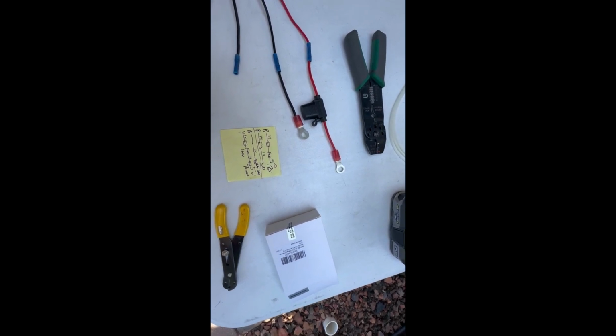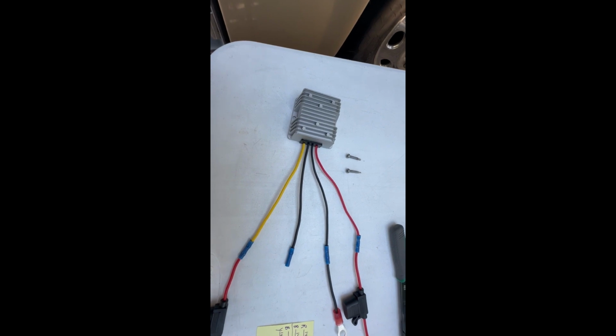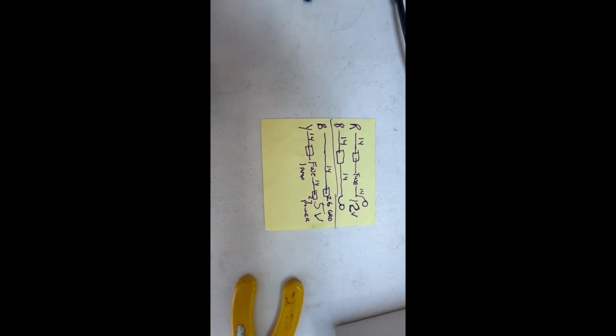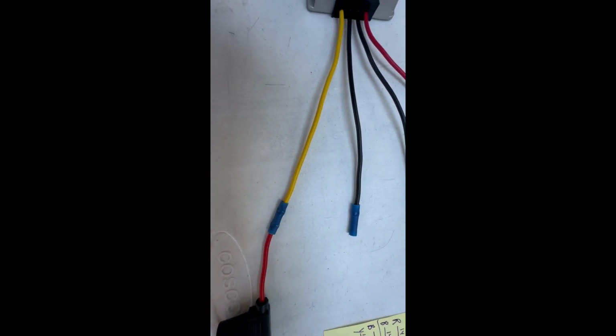And I'm going to show you that we have the power supply here from Amazon, 12 volt to 5 volt. There's the power supply. We're going to fasten it to the inside of the front run box. And here's our little schematic where the 12 volt is on the top and the 5 volt is on the bottom. Going to put a 1 amp fuse on each side and going to connect the 5 volt side, which is the black wire and the yellow wire,